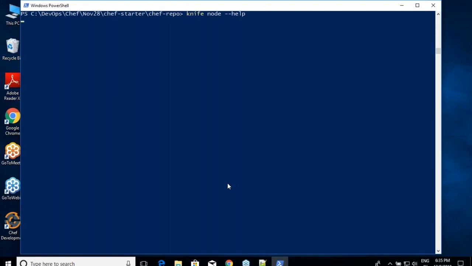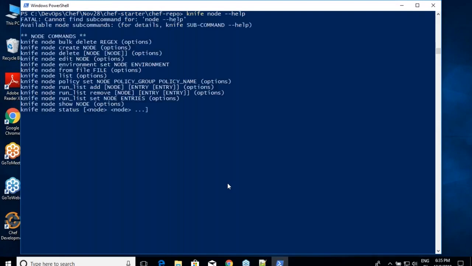You can create environments and roles from the UI also, but we'll be doing it from CLI. The reason why we do it from CLI is because I want version control on my nodes and environments. If I do it from the UI and I want to change any environment, I might miss my older change. But if I write it in a file and put it in Git, whenever a new change comes, I have a new version altogether. So I'm not losing any of my changes. That's the reason why I write it in a file.